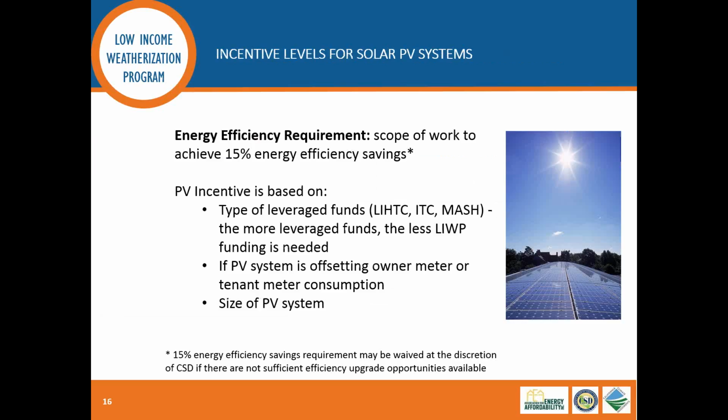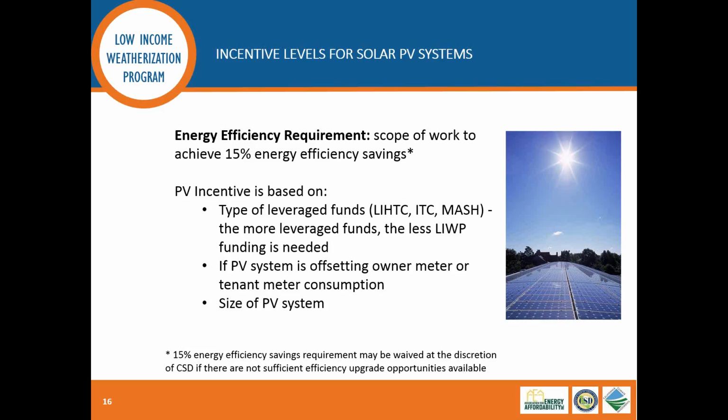And that leads me into the PV system incentives. The program provides separate incentives for PV. What I've been talking about up until this point has all had to do with energy efficiency scope, and those are the measures that I went over in detail on the measure table. For PV systems, as I mentioned, energy efficiency must come first. We require at least 15% energy savings on the efficiency side before you install solar panels. But as I also mentioned, there is an opportunity to waive it if there's just not enough savings opportunity. So we'll work with you to identify the opportunity and determine whether a waiver